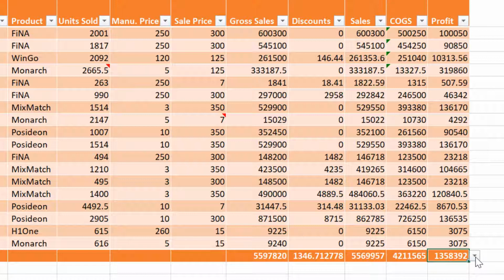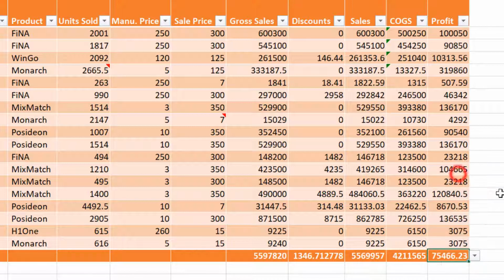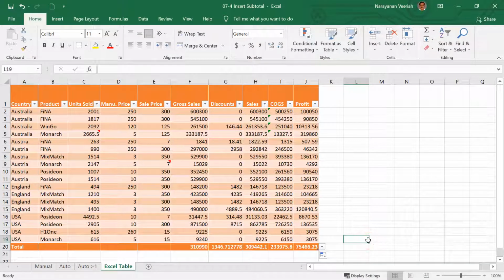You can use this drop down button to change to any of the functions here: average, count, max, min, etc. You can create a grand total for other columns by dragging the autofill handle if you do not see a grand total arrived at for that column. This is all about inserting subtotal and grand total in a data range in an Excel worksheet.